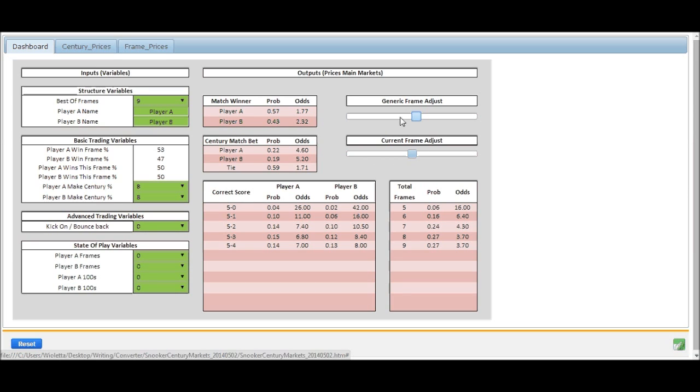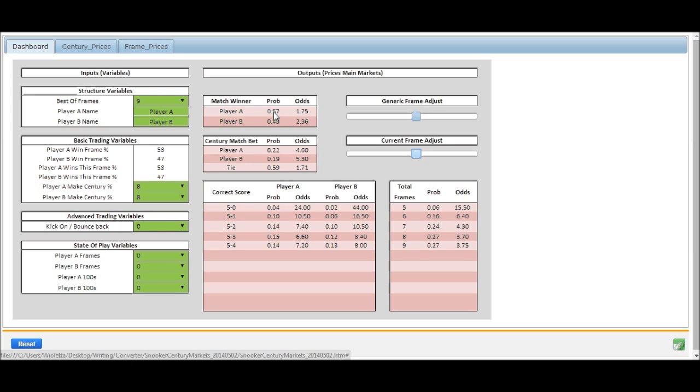So one other thing to be careful of actually is this second win frame percent here is for the current frame in running. So if you imagine that you did think it was 53, well, you need to get this one to 53 as well at the start. So then you're now at a match that starts with player A 53% to win each frame, and he's 53% to win this current frame, which obviously makes sense. So as you can see here, for this best of 9, a 53% win percent makes player A 57% to